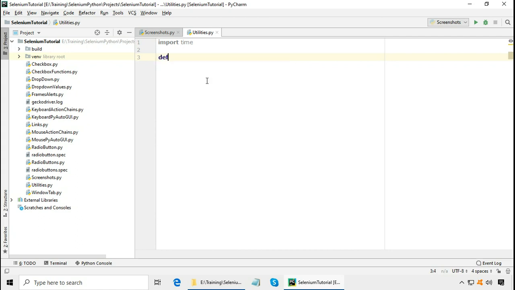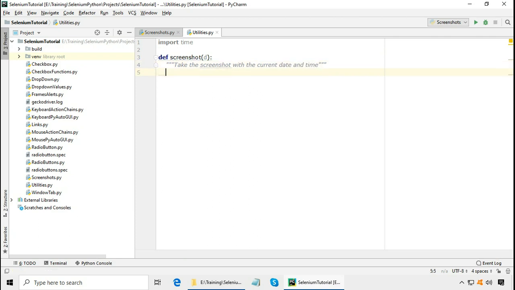Then I can start defining the function, def screenshot, and it's going to have a single parameter which will be the WebDriver. We can also give the documentation of our user defined function: take the screenshot with the current date and time.